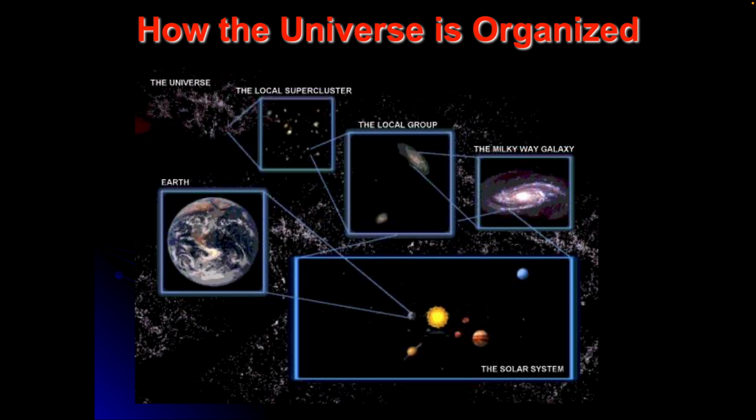So how the universe is organized. Now on this picture here, I don't have red text for the bottom. If I were you, I would write it down. So this was an easy, nice image for me to find. We're starting with the small. We will work our way up to the big. So if you want to write it in your notes like Earth, draw an arrow, solar system, arrow, Milky Way galaxy like that, cool. That's what I suggest you do.